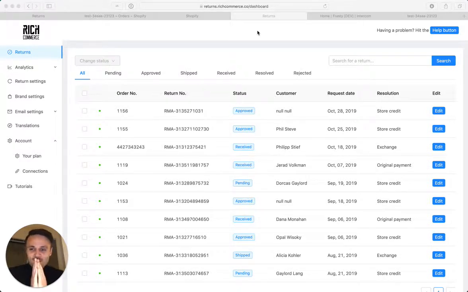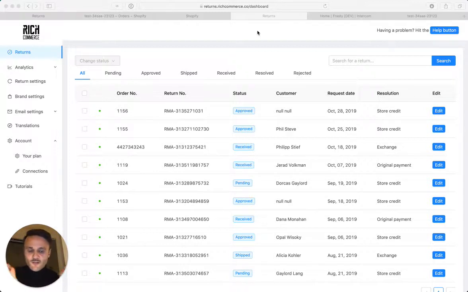And in this tutorial, we will cover Intercom and how to integrate our portal right into the Intercom widget, which I think is a super neat way of first providing great value to your customers, and second, to relieve your customer support team, which may be yourself or maybe other staff, from a lot of returns requests,